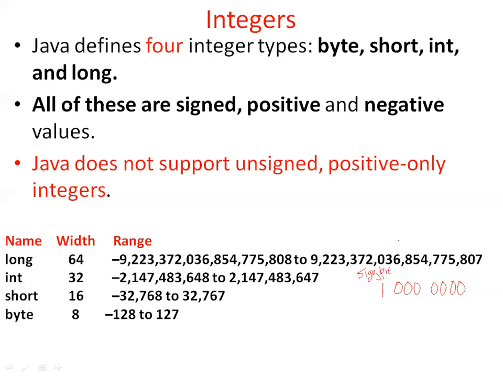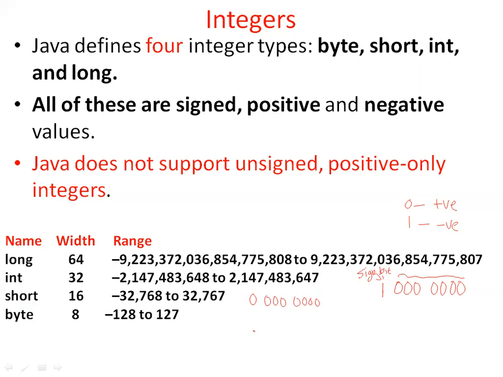If the sign bit is 0, it indicates that it is a positive number. If the sign bit is 1, it indicates that it is a negative number. That means this entire thing represents a negative number if this is 1, and if this is 0, then this entire thing represents a positive number. Now for the sign bit you can have 0 followed by all 7 zeros initially. This is the lowest number you can store.